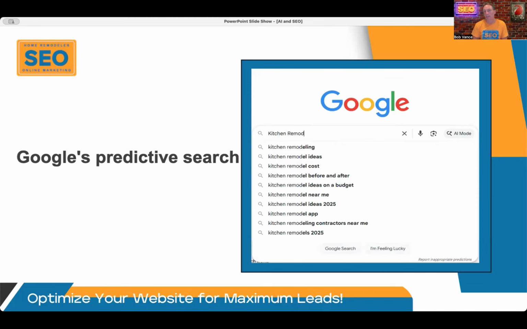This is where it really comes into play for optimizing your website and your overall brand and digital presence: look at the auto suggest items. Let's say one of them is kitchen remodel before and after. On your web page, you can say, here are some of our kitchen remodel before and after jobs, images, pictures. Now you are telling Google, hey, we fit that mold. For that auto suggest item, we have that page. Why don't you rank our page? And all of them work that way.